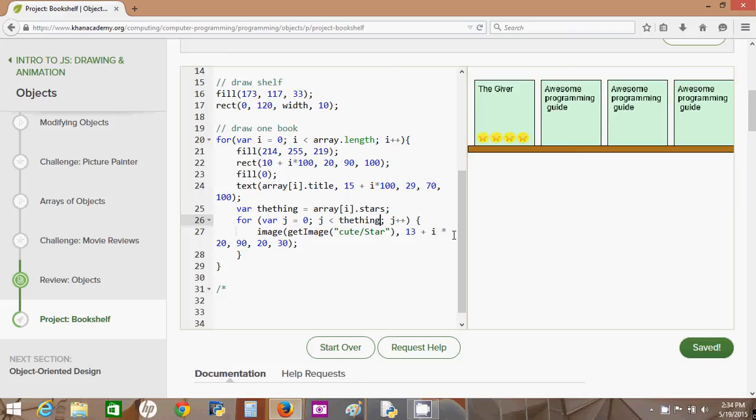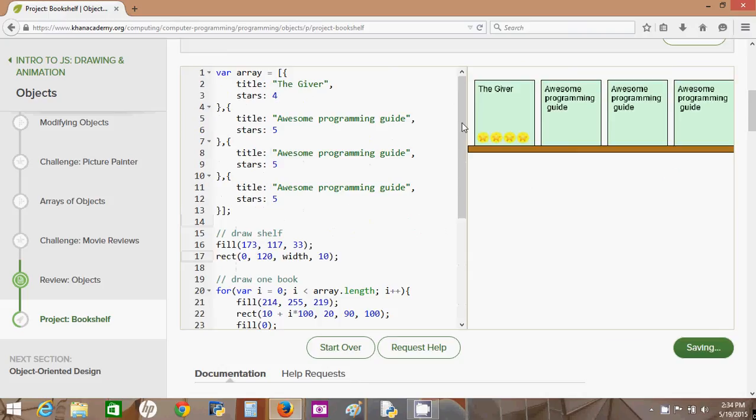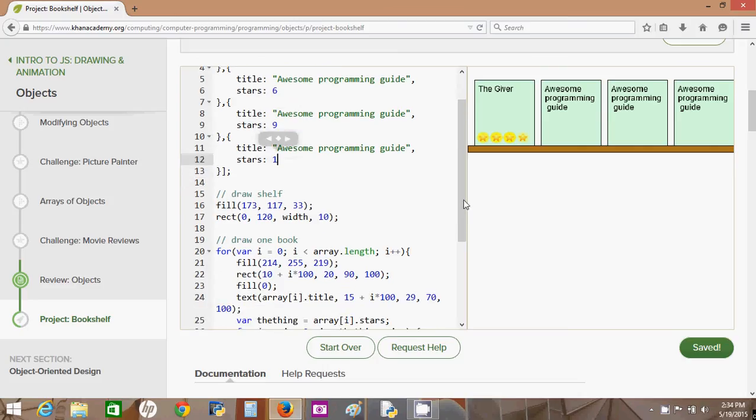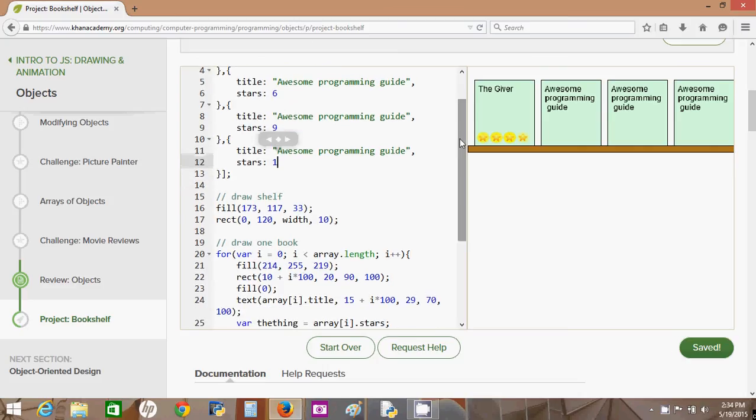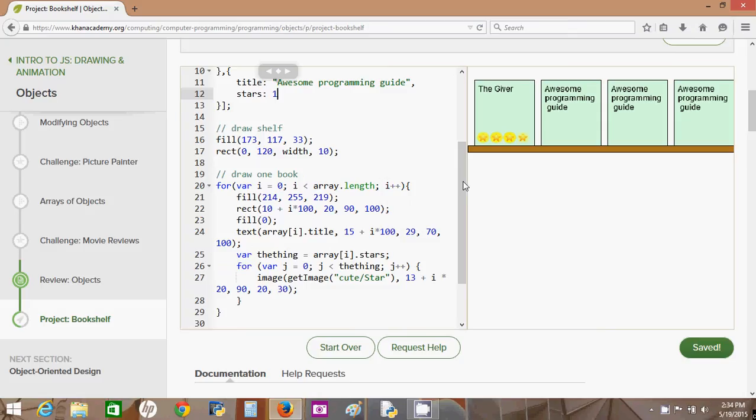So the thing should be the number of stars, whatever number you happen to put in here. I should probably keep it between 1 and 5, but whatever. Now,